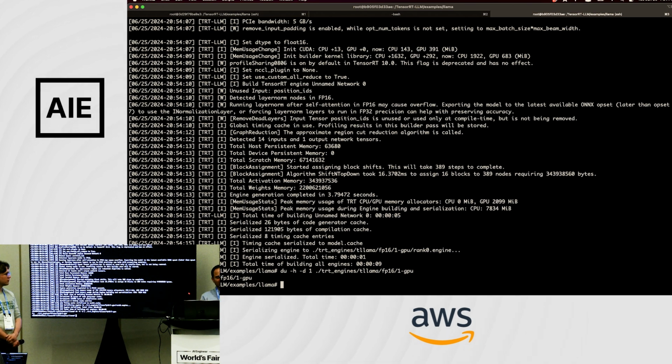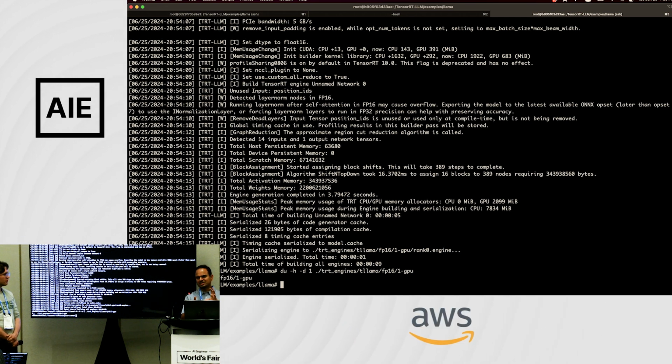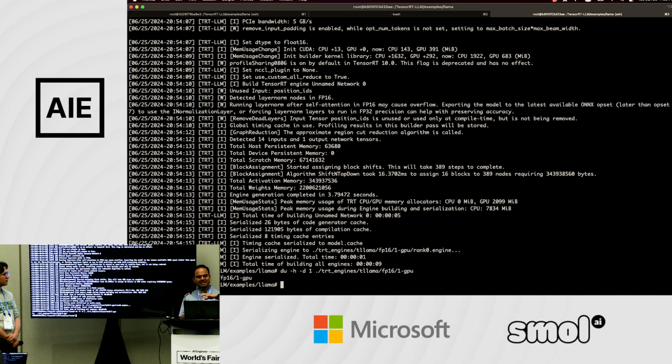And what is this engine? This engine is something that the TensorRT-LLM runtime can take, and it can execute it. You can think of it like a shared library. It's kind of like a binary in the standard format that binaries are in, but it's something that TensorRT-LLM can take and interpret. Ultimately, it's a TensorRT engine, because that's what TensorRT-LLM works with. It creates a TensorRT engine, and then TensorRT is the one that loads it. But TensorRT-LLM gives it these plugins that TensorRT understands and is then able to make sense of.